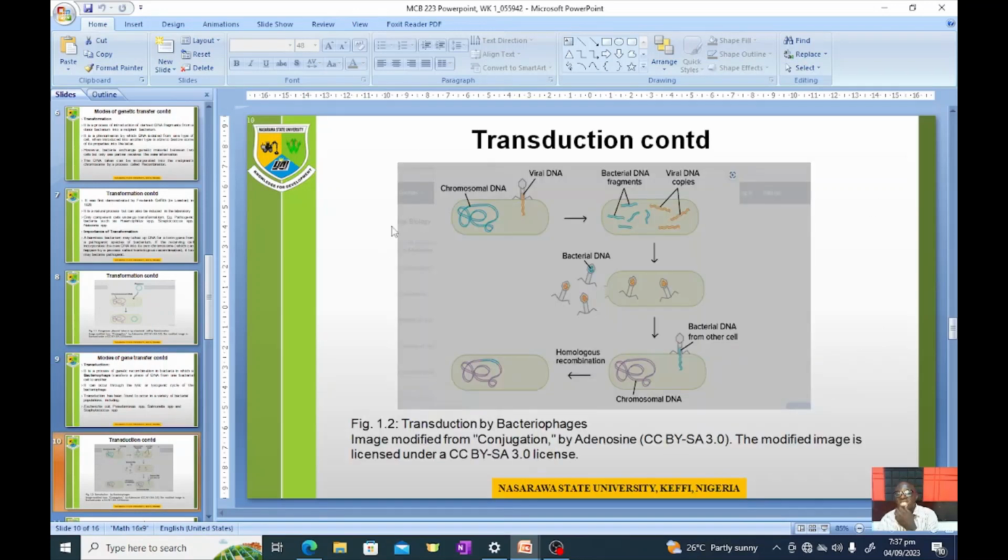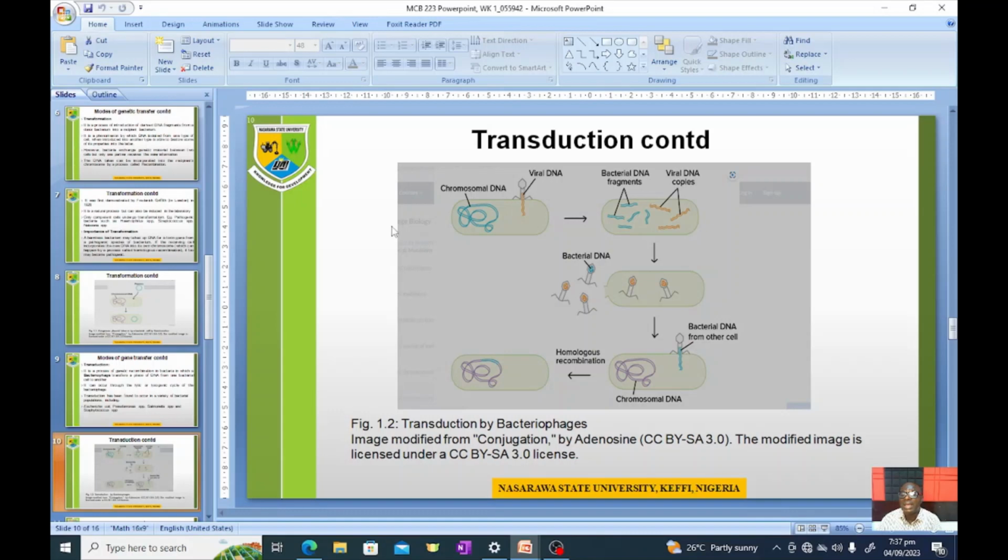When you watch transduction on the diagram, you will see the bacterium, which has chromosomal DNA, having a bacteriophage attached to its surface. You can see that it pierces open the bacterial wall and is inserting the viral particle or the gene of interest,